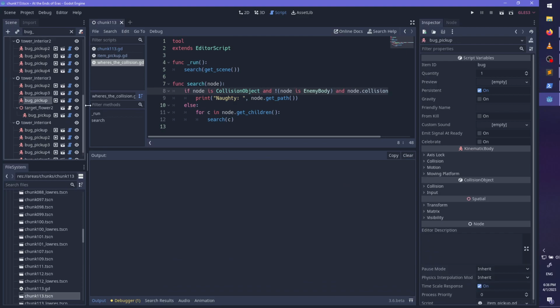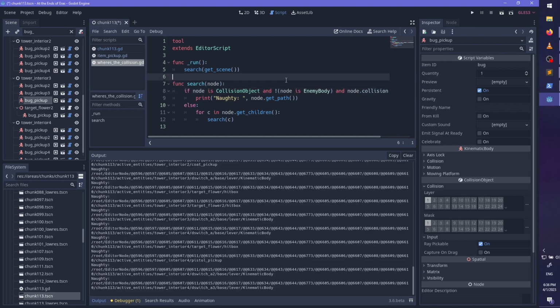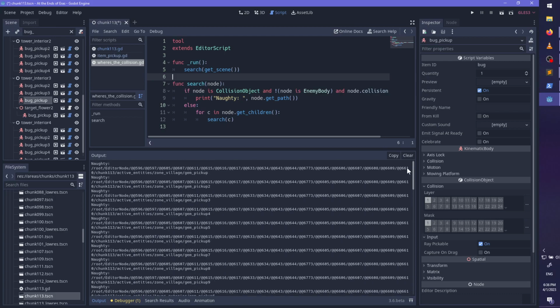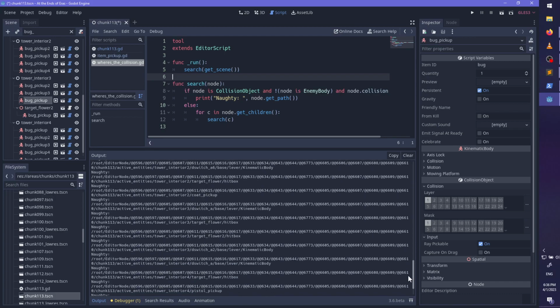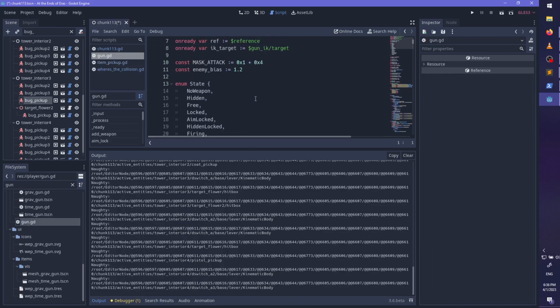I don't know why they have decided that they're too good for their parent node or inherited node or whatever they are. But okay, then it's just the switches, which... actually, I can do that with the switches. So let's go to player, or like gun, or something. Mask attack, plus...